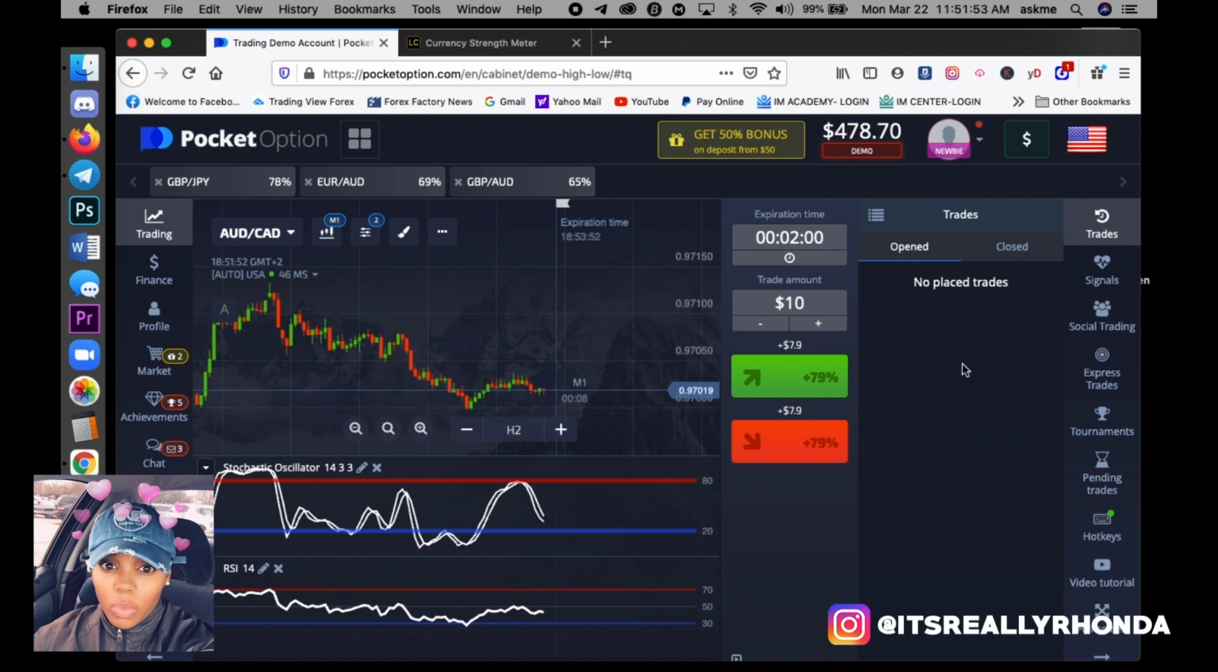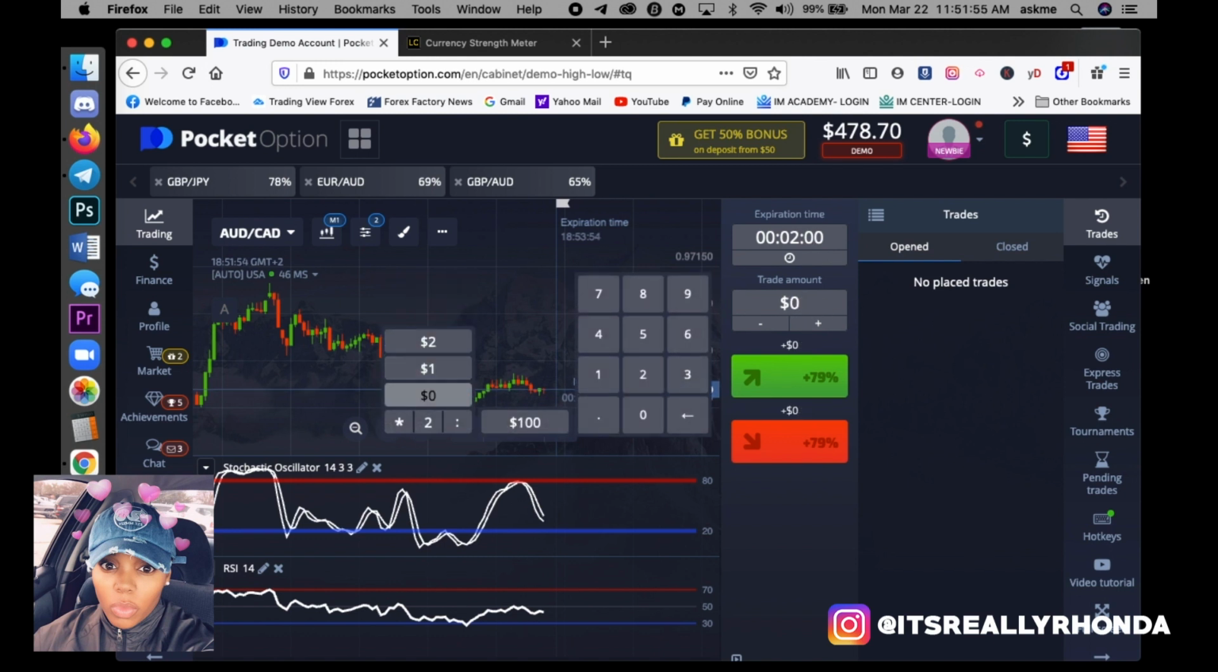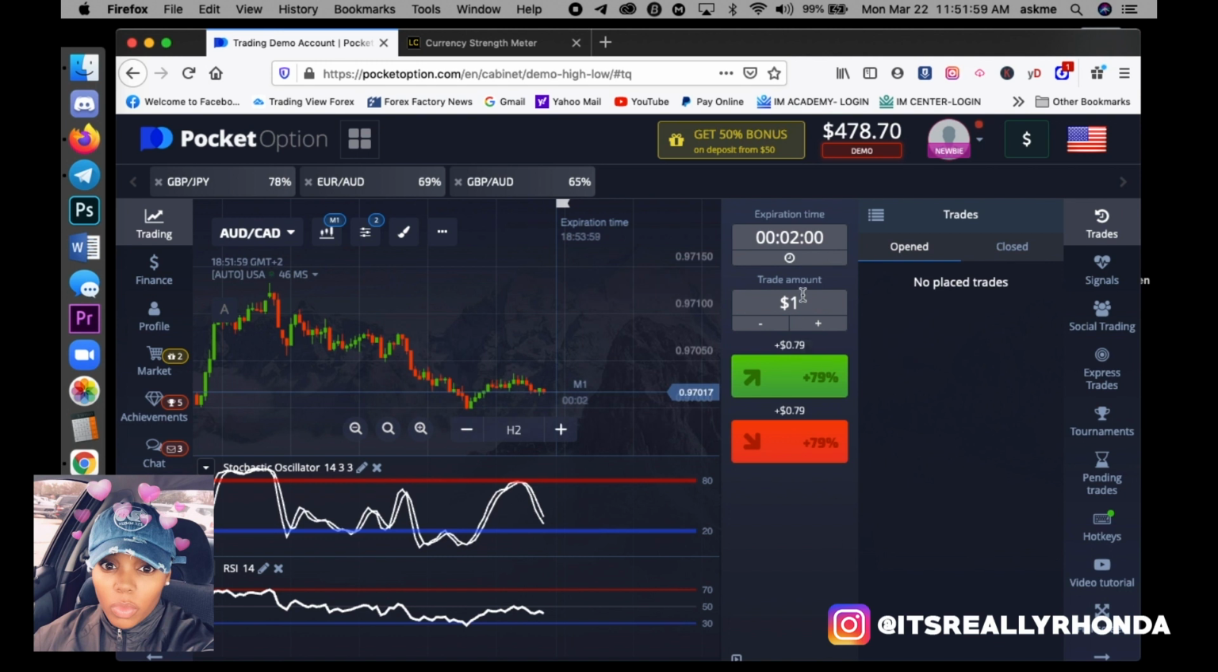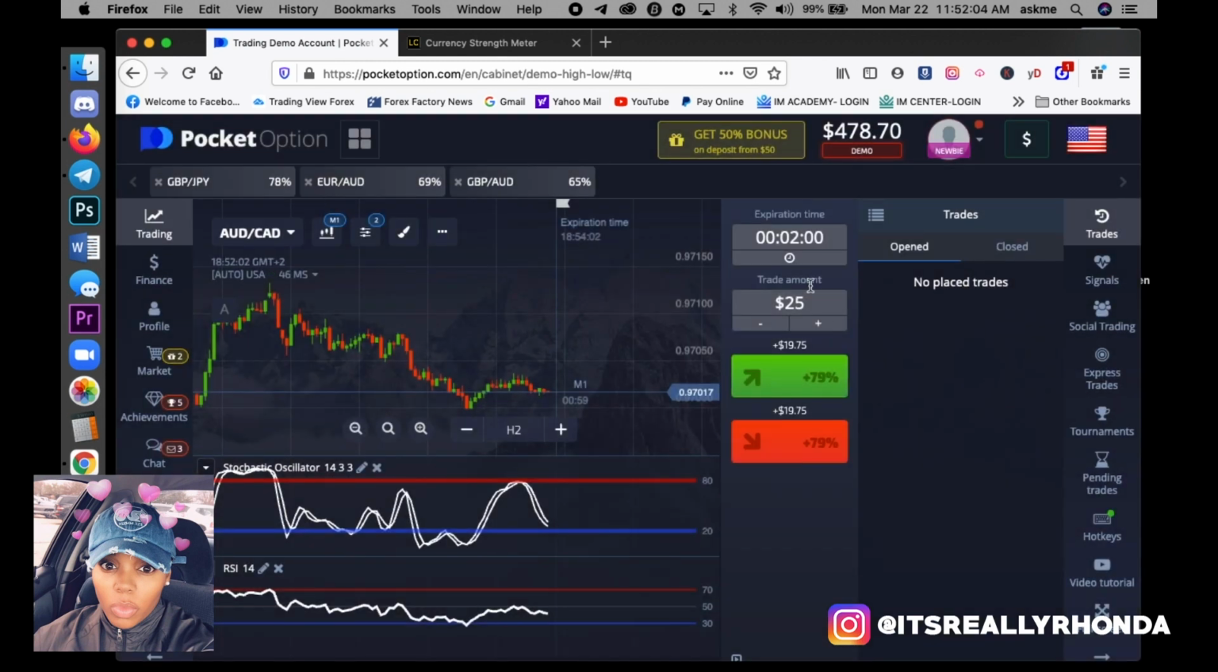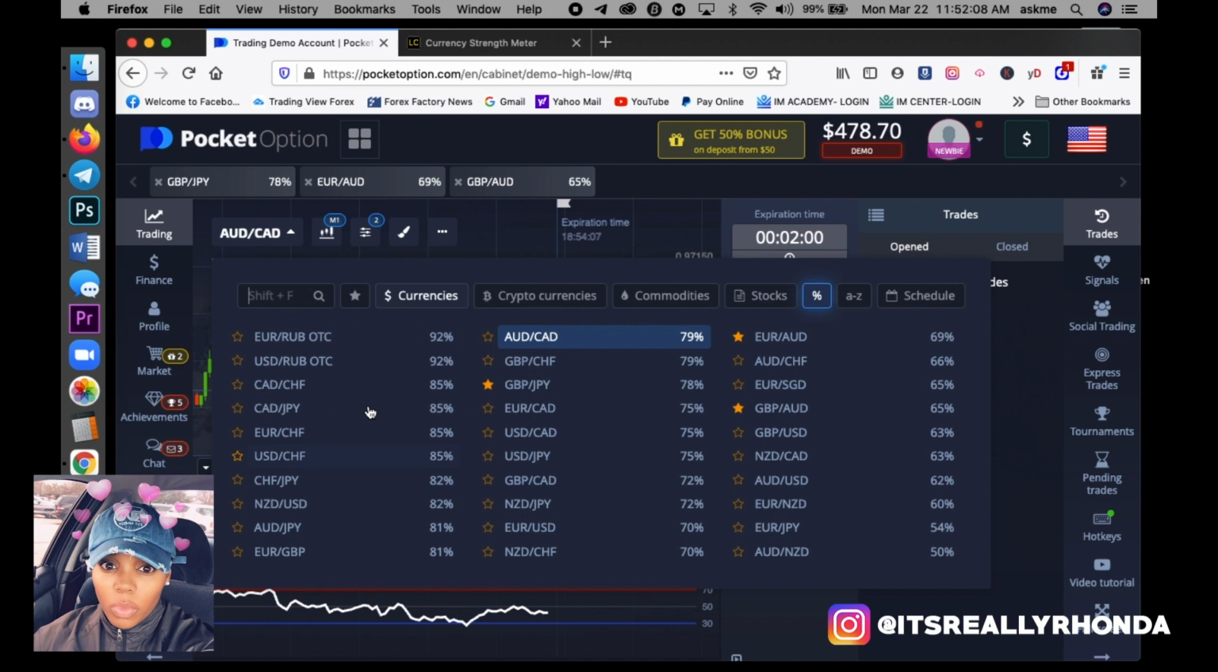Now you can change this to $10. You can change it to $5. You can even go down to $1. For this, I'm going to be showing you $25 trades. Now, when we drop this chart down right here, these little symbols are going to represent